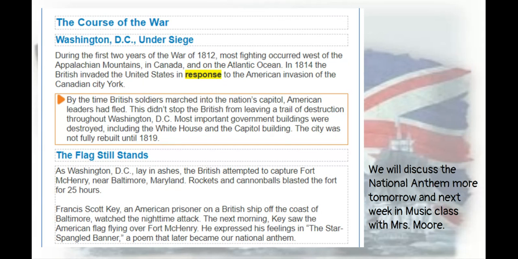All right, so in your books at the beginning of lesson 7, some of you might have read this, but on page 245, there was an article about Dolly Madison and what she did to help save some documents in the White House. Great Britain went into Washington, D.C., and they pretty much destroyed the entire city, including the White House. And so the First Lady was able to save a lot of things, which we can thank her for.